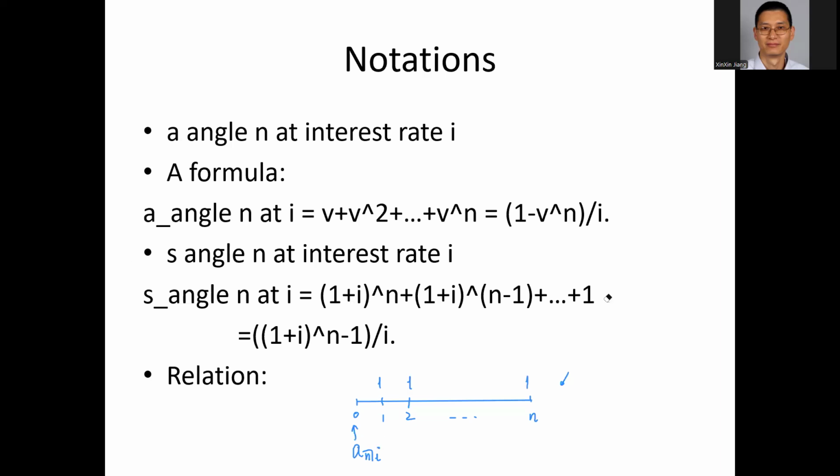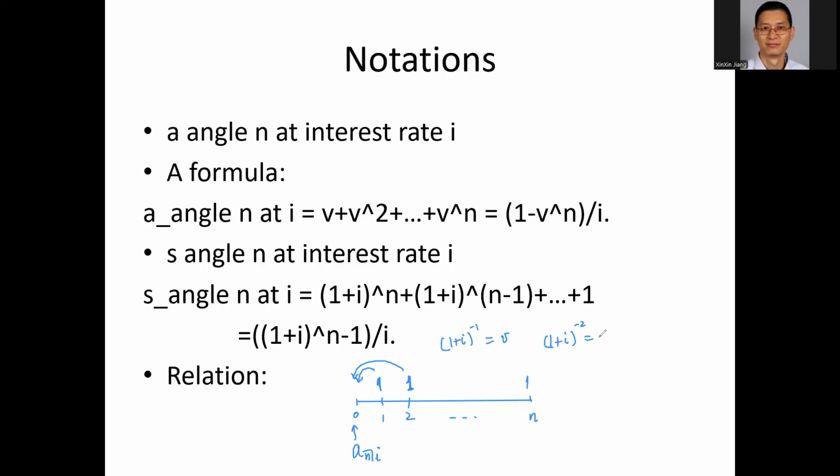It reads the present value of the basic annuity. So how can we find the formula? The formula is basically you discount each $1 back to time 0 and you add them up. So for the first payment, you will have just 1 plus i to the negative 1. That's v, right? And for the second payment, the present value is 1 plus i to the negative